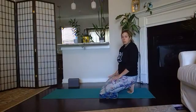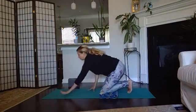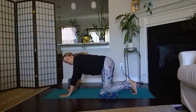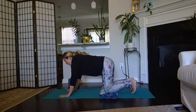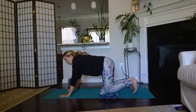We're just going to talk about some of the basic mechanics, and then in parts 2 and 3, we'll work into it a little bit more. So same as tabletop, fingers spread super, super wide. Tuck your toes, lift your knees, just find that engagement there and then drop them down. And then lift your knees again, drop them down. This time we're going to tuck our toes,